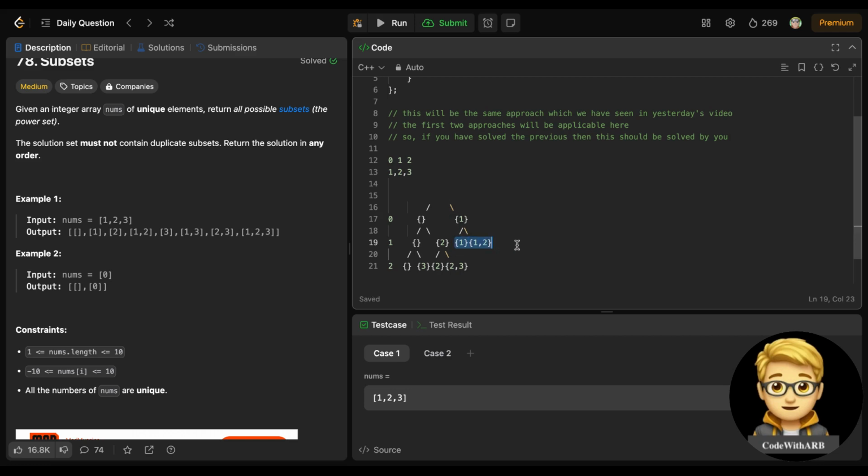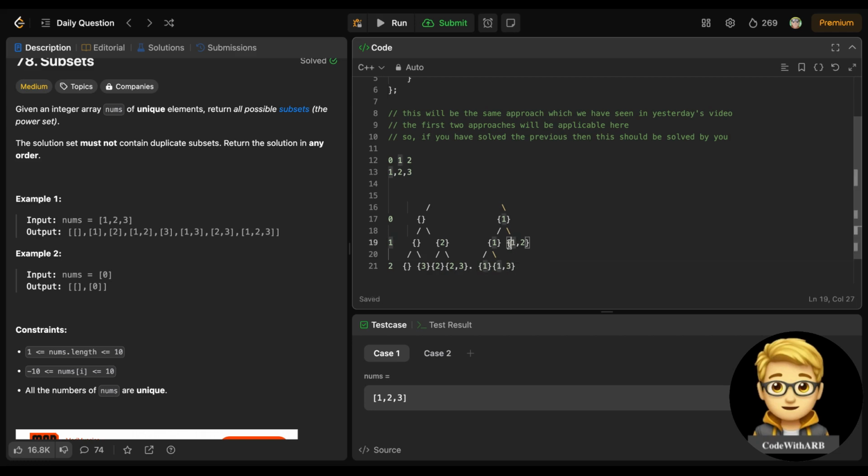Now again for this 1 comma 2, let's give some space, that will be much better. So either at the second position I include 2 in 1. First, I have 2 choices: I will not include or I will include. If I don't include, that is 1 only. If I include, that will become 1 comma 3.